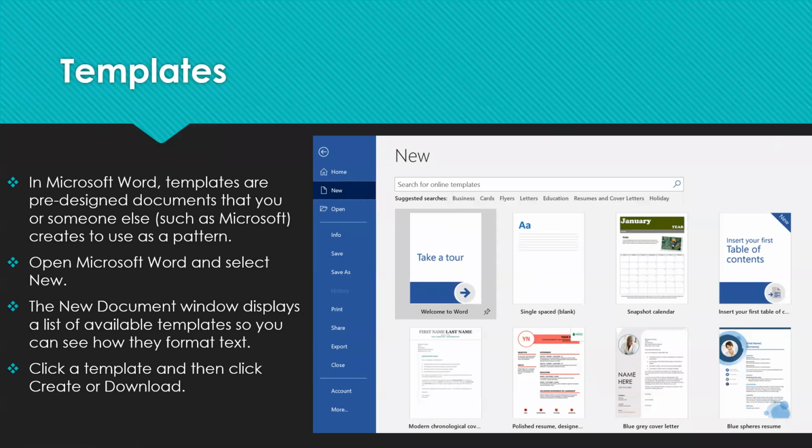templates. Templates are predefined document styles that are already present. Let's say you want to write a letter.